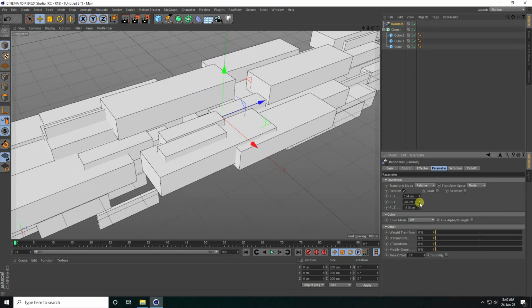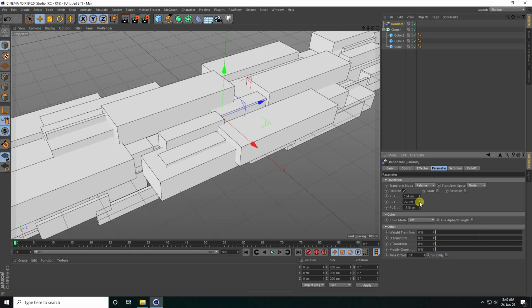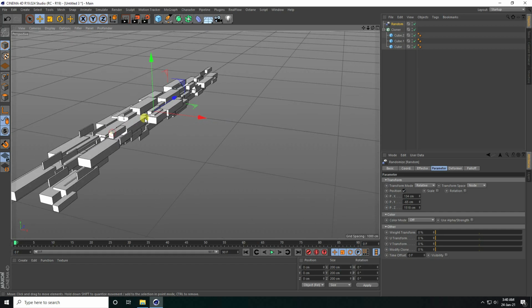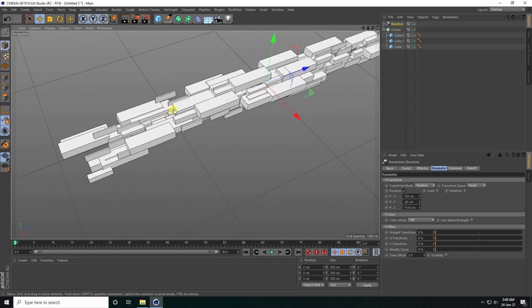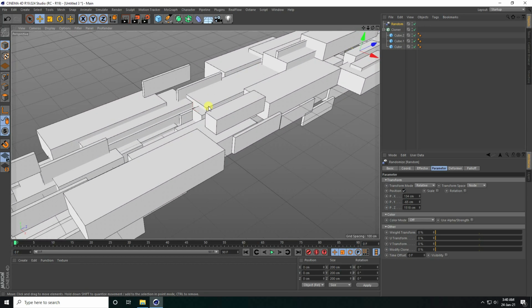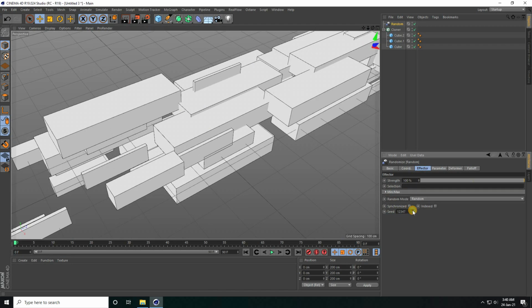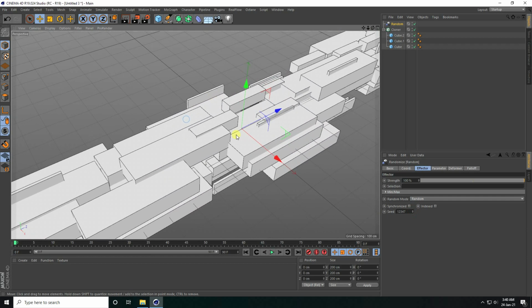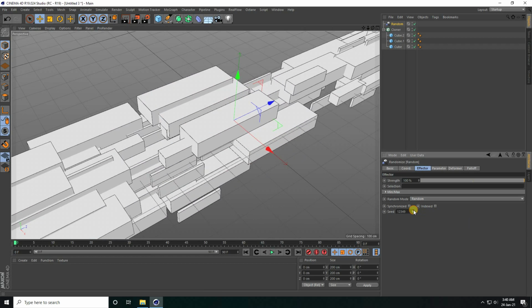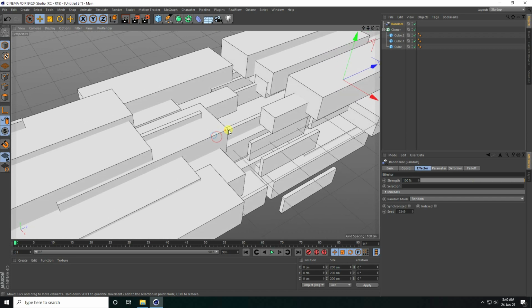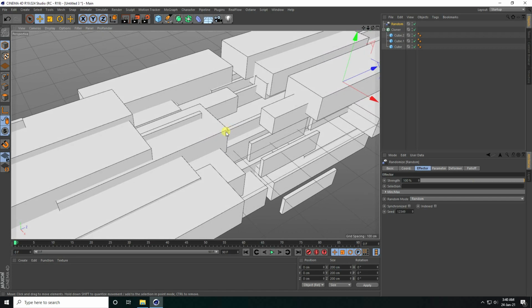You can also change the position, it's good. See, that's my random shape. I like this one. You can also change the seed, that's my random seed, and more. I like this one. See, that's my position.